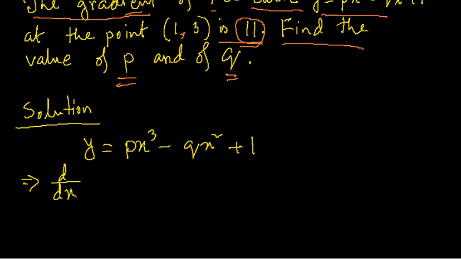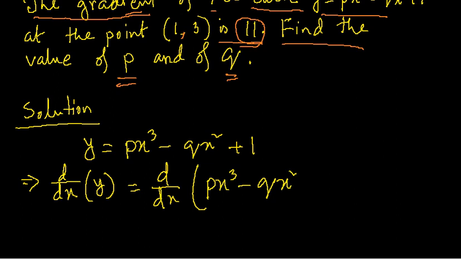So d/dx of y equals d/dx of px cube minus qx square plus 1. Therefore we get dy by dx equals,